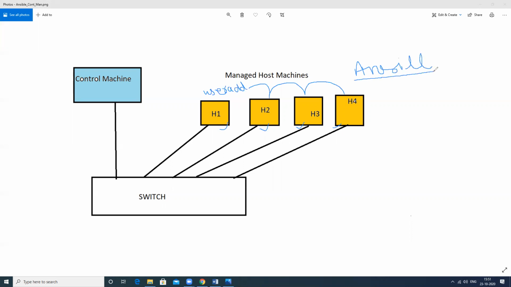When we have this particular tool, so we require the Ansible tool. Suppose we require an Ansible tool in this particular machine. If we have an Ansible tool in this machine, install the Ansible tool in this machine. There is no need to install the Ansible tool in this machine, and this machine also.